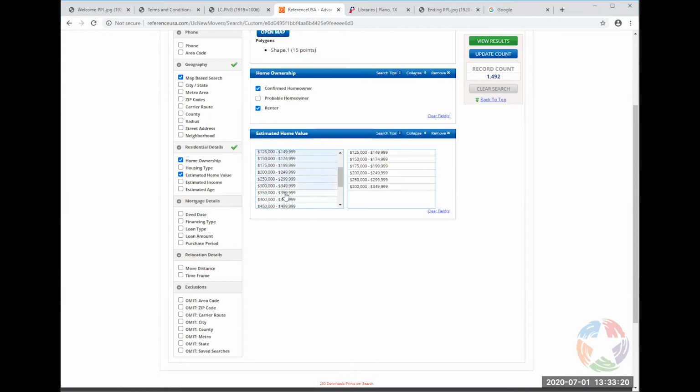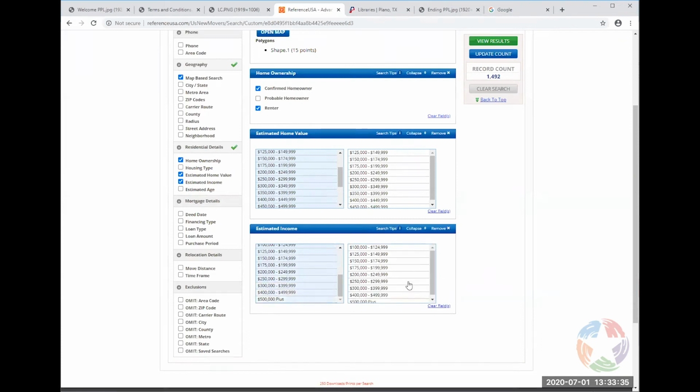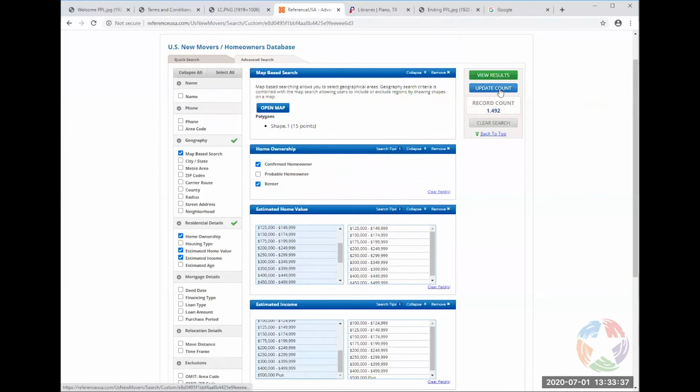And so we could just kind of click until we're happy. We might want estimated income. We really only want people who make more than $100,000 because our product's a little bit expensive. So we're going to go and click on all those. So we've gotten all those chosen. And so we could update that count and see where we are on that. So that gives us 46 people. That's not bad for some people.